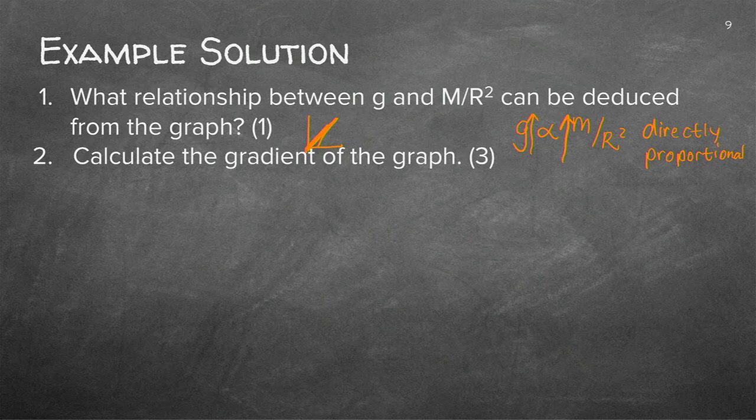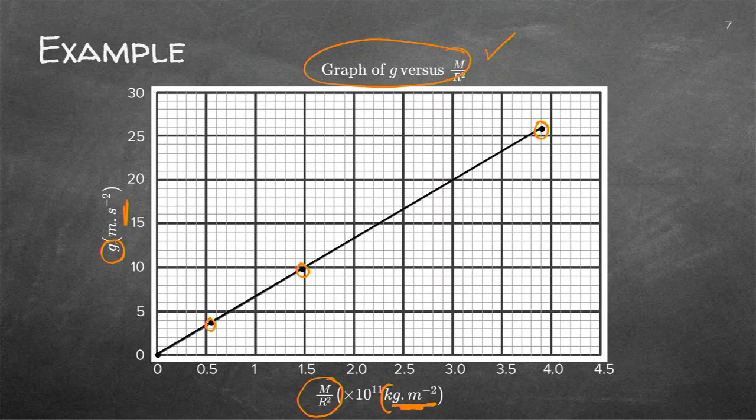Finally, they asked me to calculate the gradient. Now, the gradient is m, if you remember your math. It's delta y over delta x. So you can go back to your graph, and at any point you can calculate the gradient. Have a look at this. I'll start there and there because I know those 2 points. I'll see what my x value and my y value are there. So go and see what your y value is there and go and read your x value there.